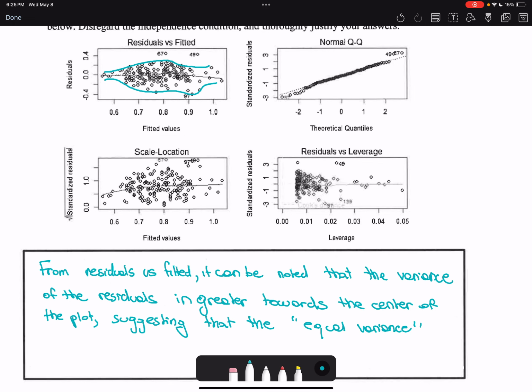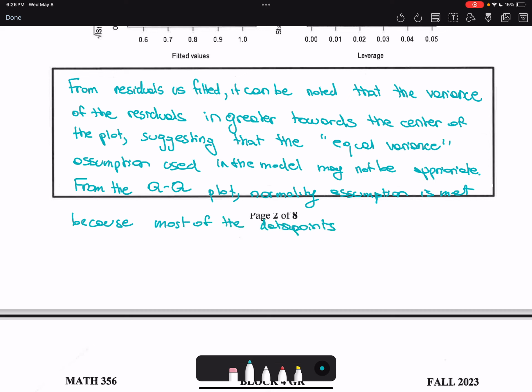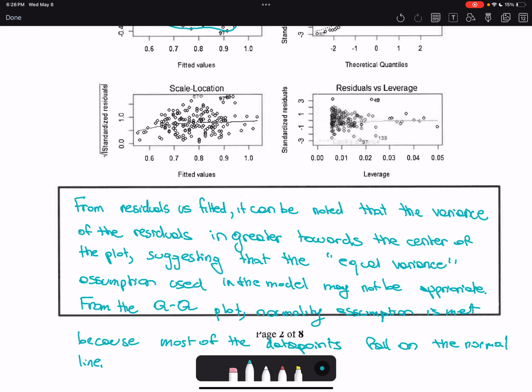Then normality of residuals, judging from the quantile plot, from the QQ plot, note the normality assumption is met because most of the data points fall on the normal line. And then we have